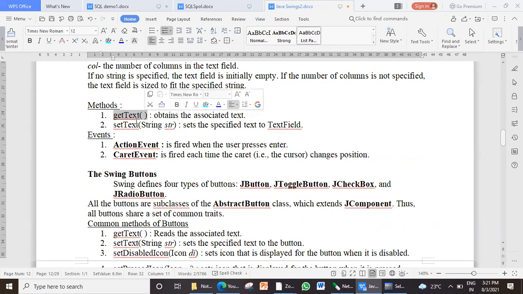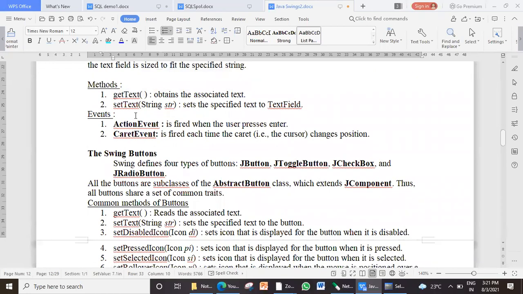And when we perform any calculation and want to display the output in the text field again, we make use of setText, and we specify what should be set into that text field. So getText and setText, as I told you, are very important methods which can be associated with each and every component.